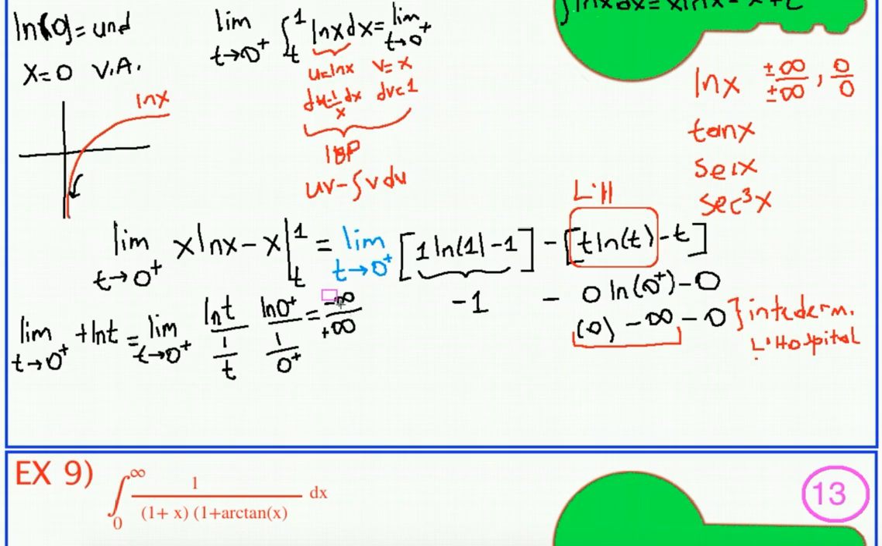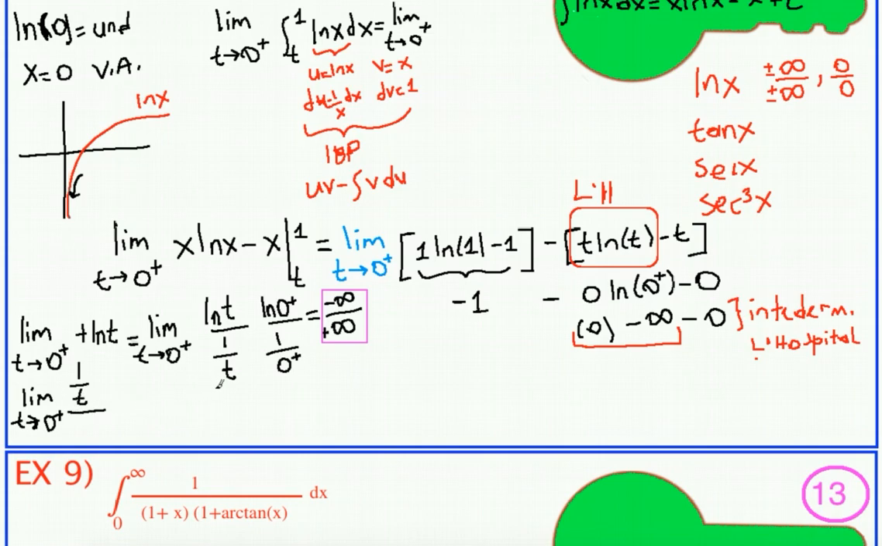Okay, so infinity over infinity justifies us to use L'Hopital. So what was L'Hopital? We're going to take the derivative of the numerator and denominator. So what is the derivative of ln t? Let's rewrite here: limit as t is approaching 0 from the right side. So what's the derivative of ln t? The derivative of ln t is 1 over t